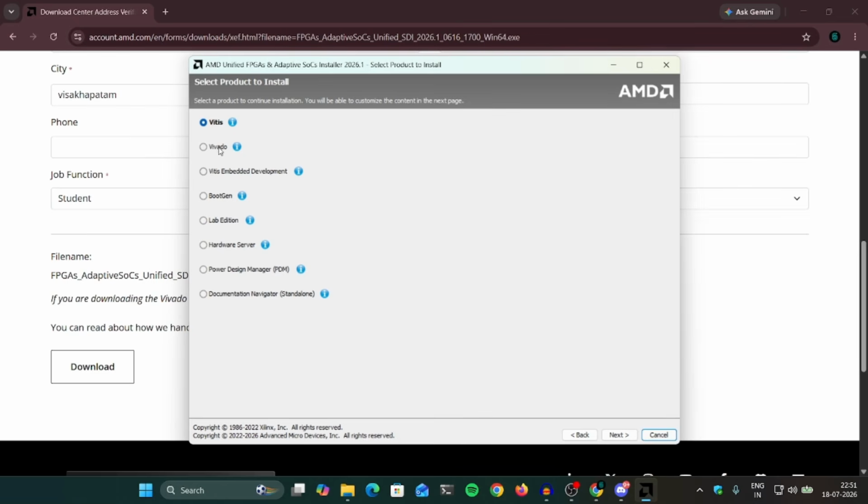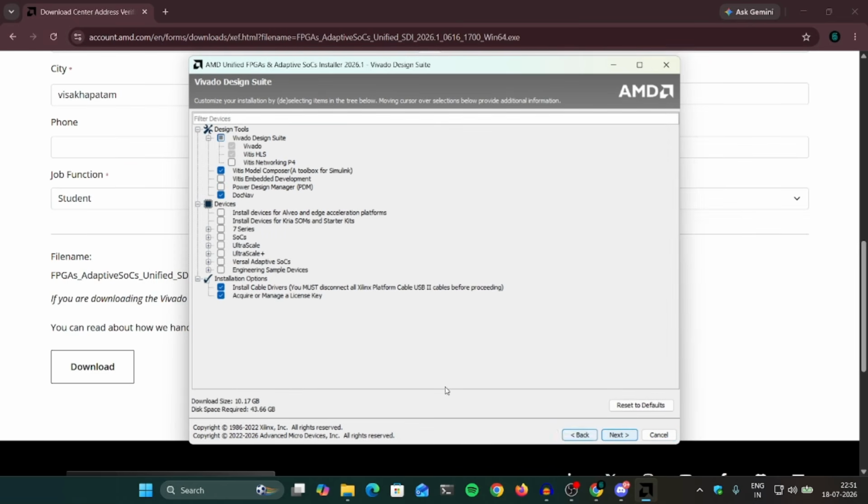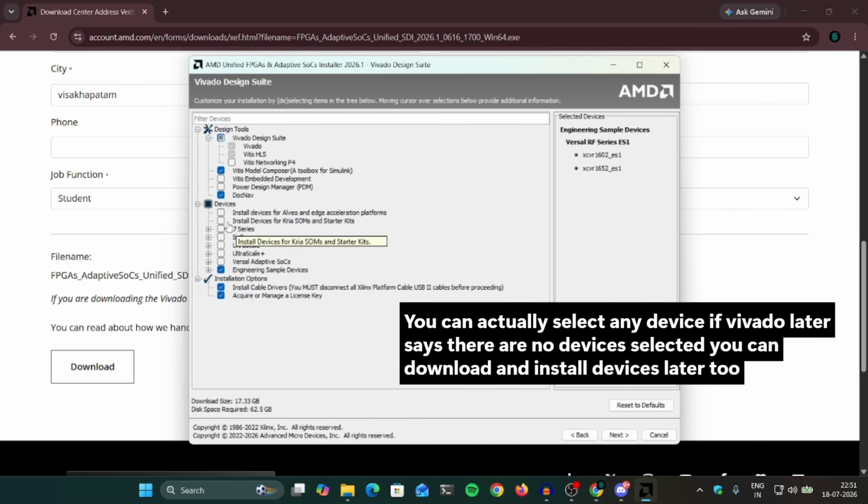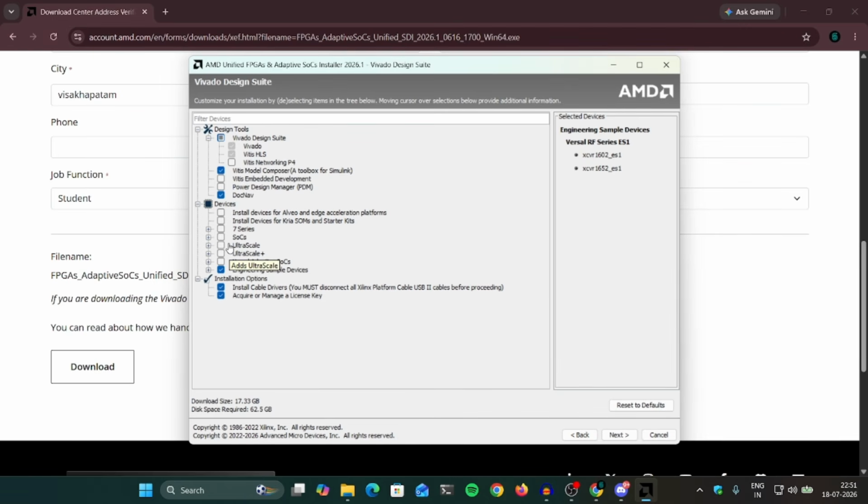And now in here, you have to select Vivado and then click on next again. So in here, you have to select a device type. As we are only using it for simulation as well as the RTL schematics, I'm going to use the engineering sample devices because I don't really work with the physical devices. And if you are working with a specific device like 7 series or UltraScale devices, you can actually select these things. What it will do is fetch the files required for dumping your code and everything. So I'm not using any physical devices, so I'm just going with this, and then I will click next,